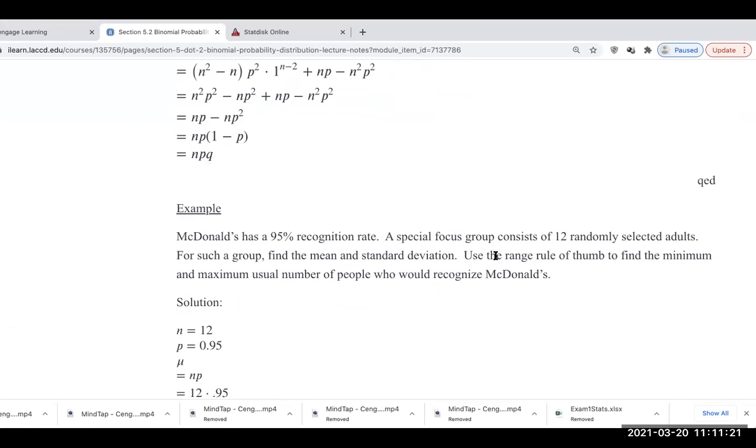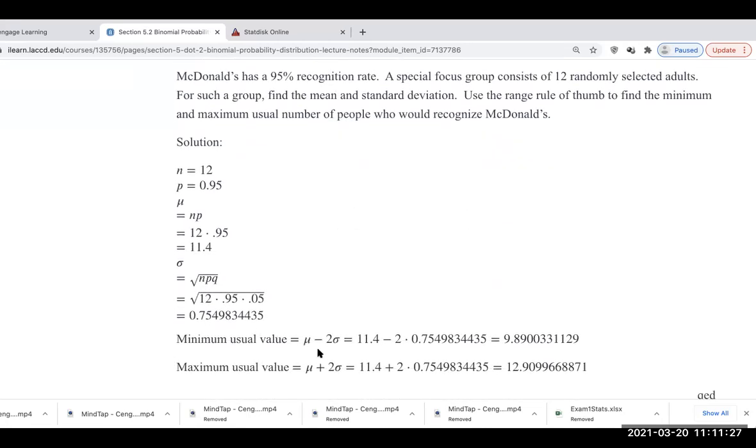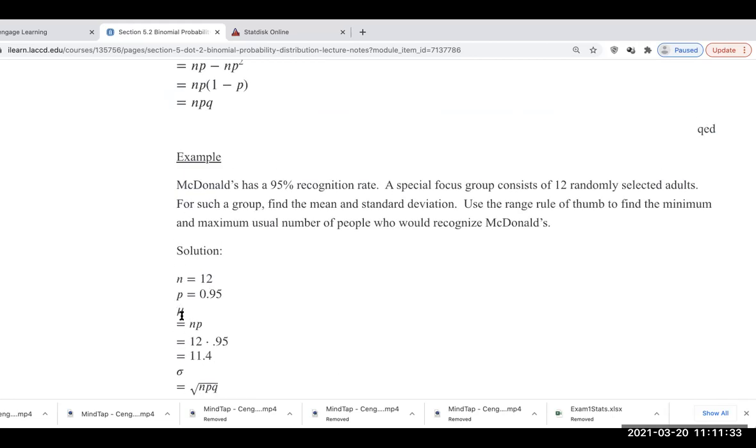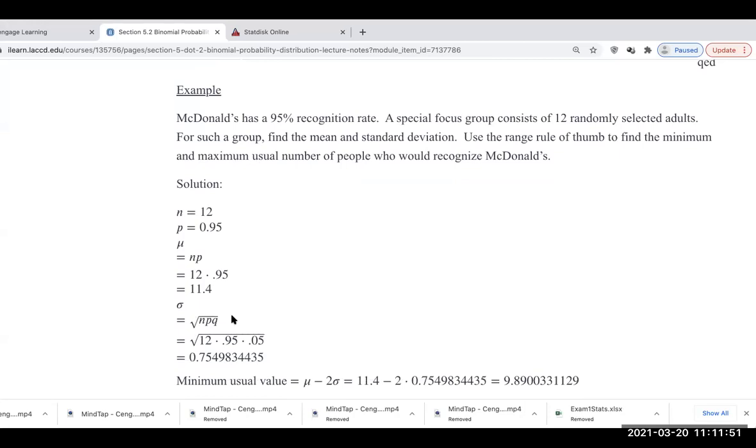So I want to find the minimum and maximum usual numbers, which is mu plus or minus 2 sigma. So I've got to figure out mu and sigma. Well, by the first theorem that we just proved, we have that mu is equal to n times p. 12 times 0.95 is 11.4. We have that sigma equals the radical of npq. The square root of 12 times 0.95 times, well, if you have a 95% chance of success, you have a 5% chance of failure, so 0.05. And so you get